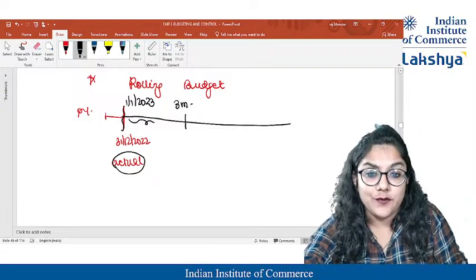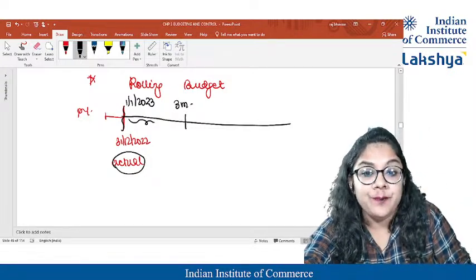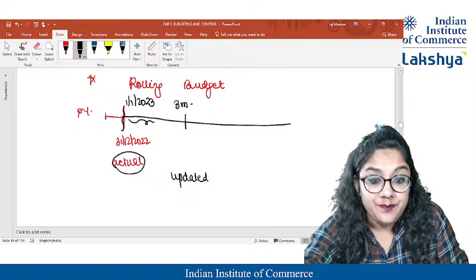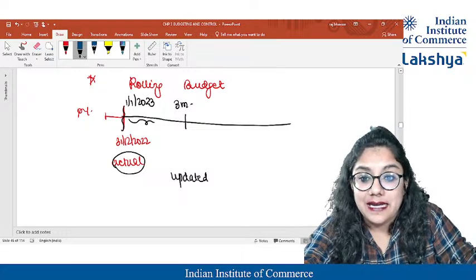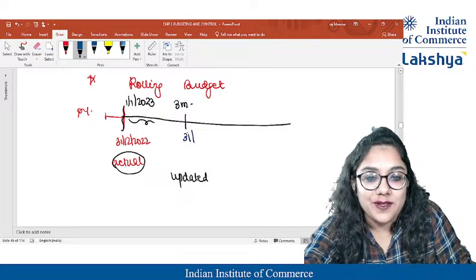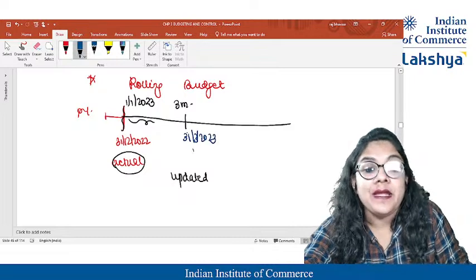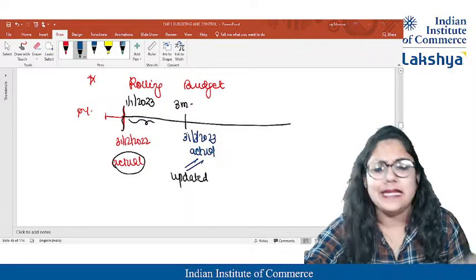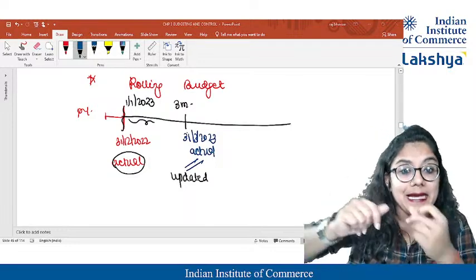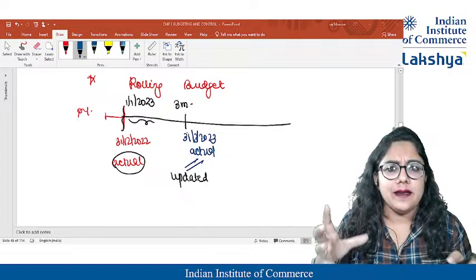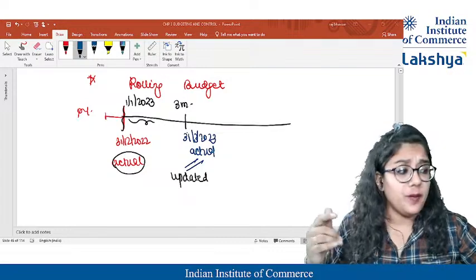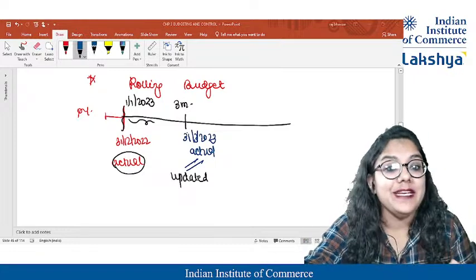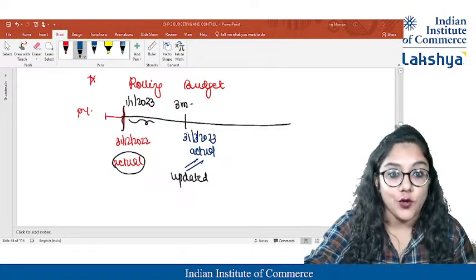So over here, if I made a budget for 3 months, considering the actual stuff, this is an updated budget. Then on this date, on 31st March 20x23, I will check the budget and the actual, compare them and get the variances. That way I don't have to wait for the whole year to analyze whether the work has been done well or badly, so we can take corrective actions immediately without a full year gone.